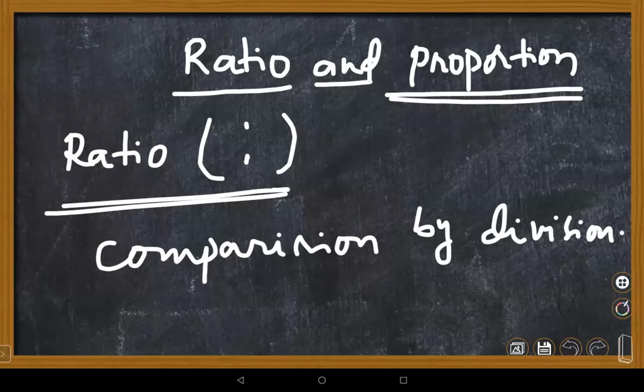Comparison by doing division. Comparing same quantities by doing division is called ratio. Very, very important point, children. Comparison can be done in many ways, by doing subtraction, by doing something. We have many, but here in ratios we are doing division. Comparison can be done by division. Suppose, let me take one example, so that you will understand more easily.